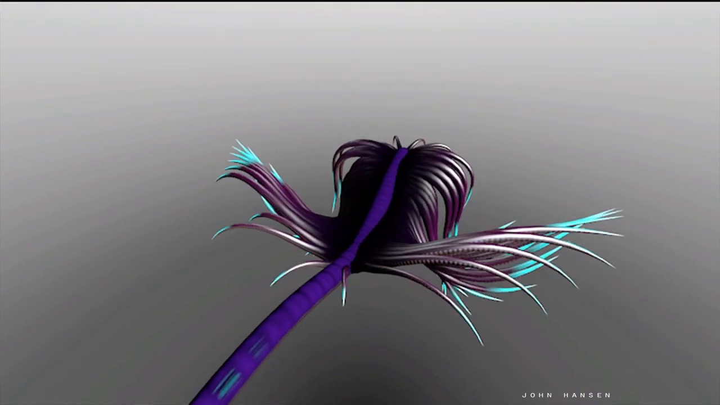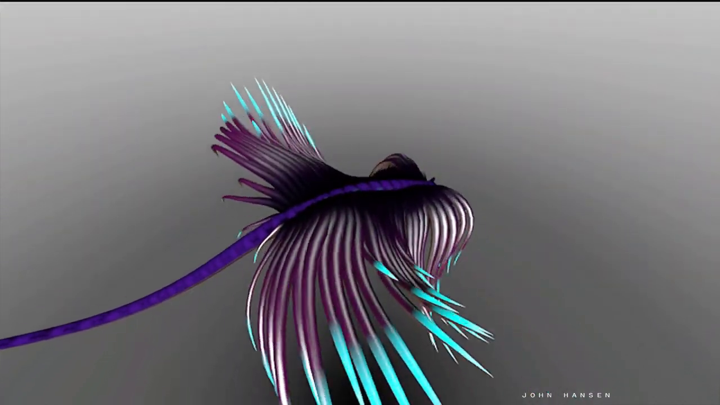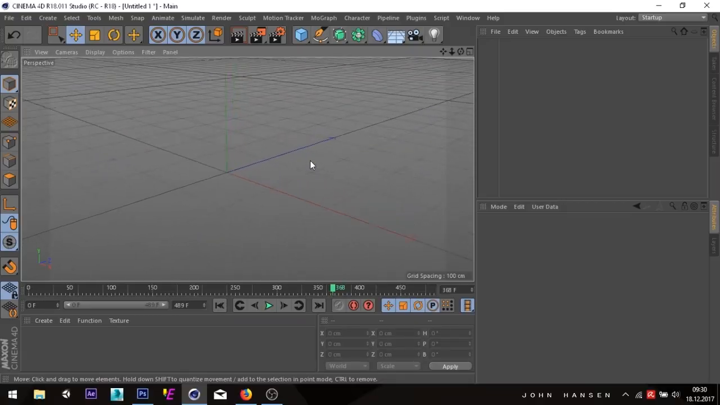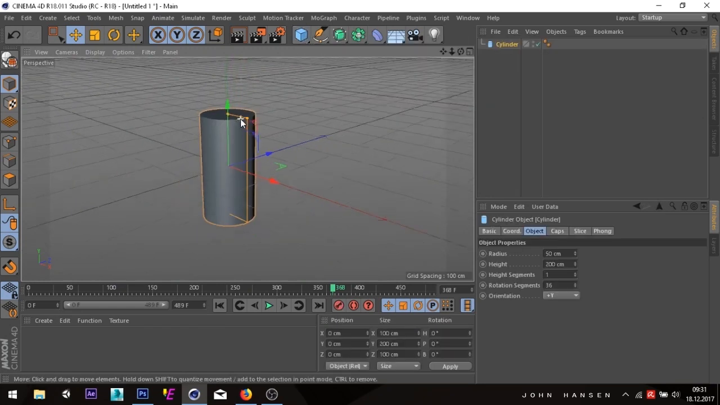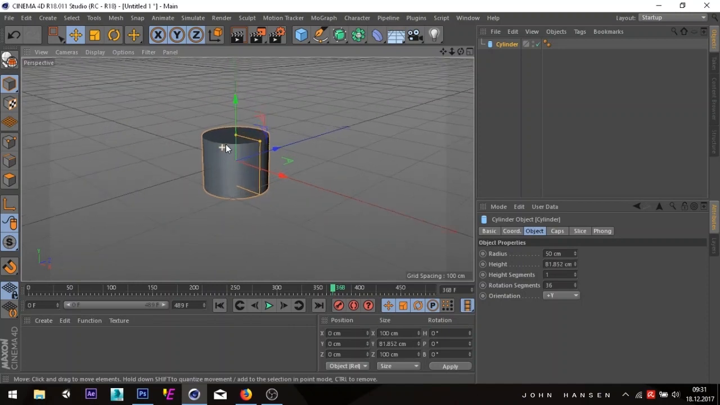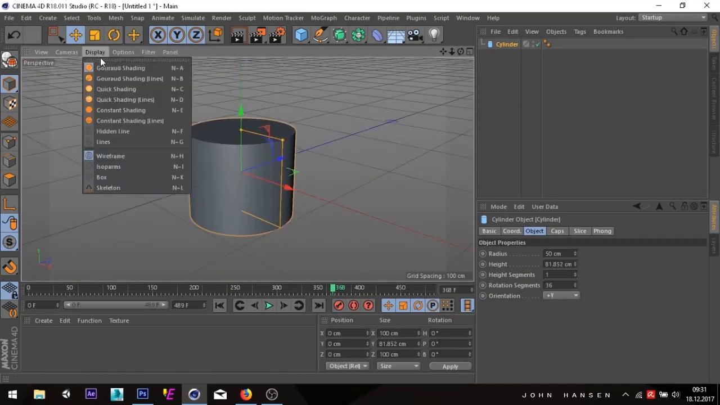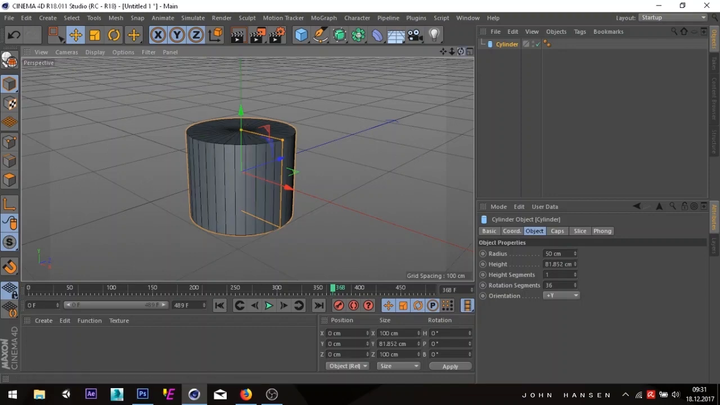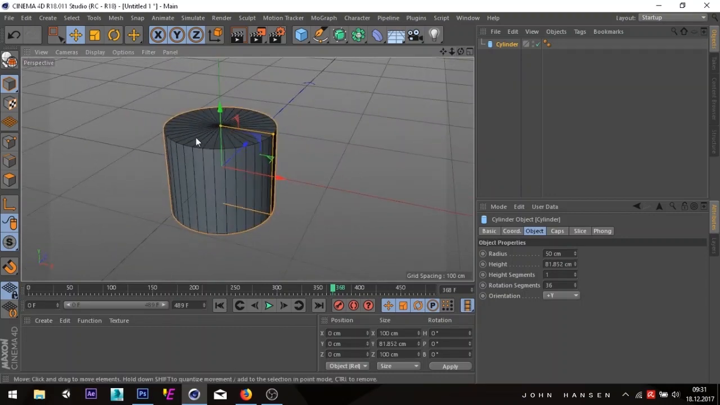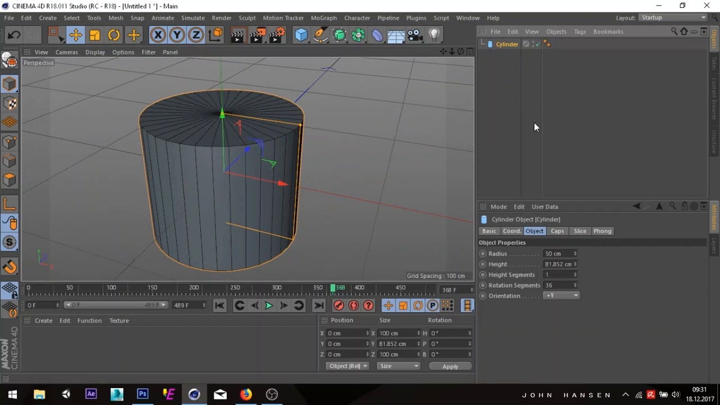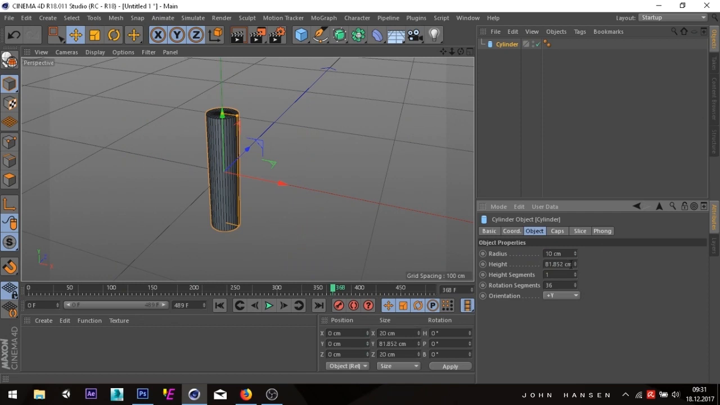So let's get started. We have a brand new scene in here, and first of all we're going to create a cylinder. Okay, so next thing is we may be going to make the lines visible. Okay, then we're going to change the radius to 10,